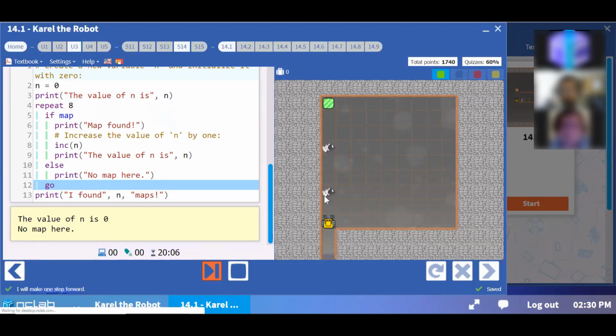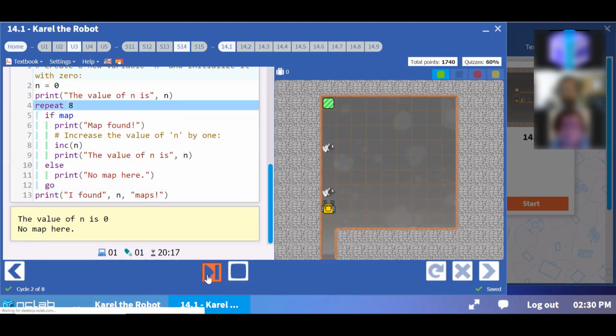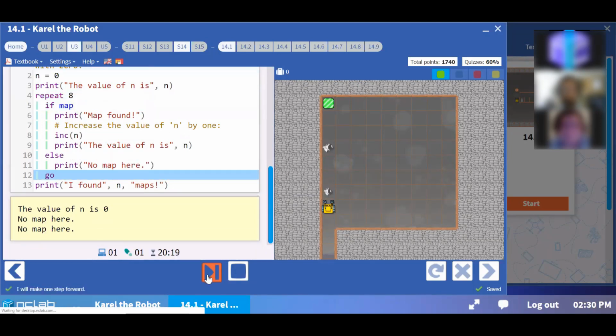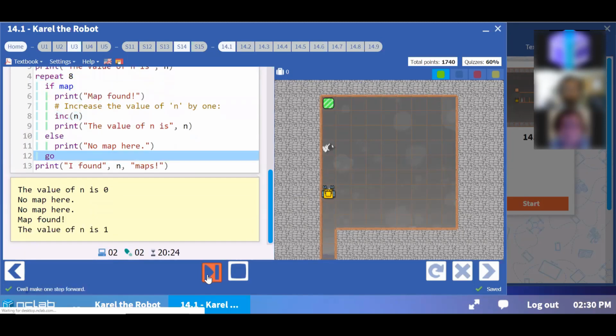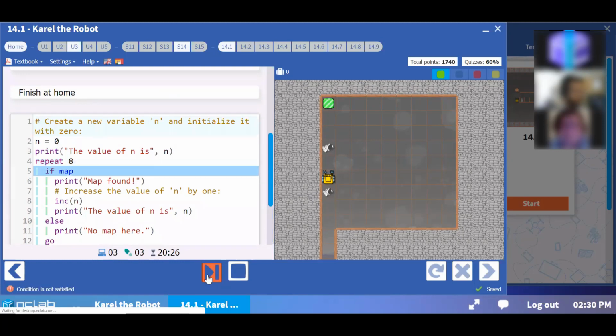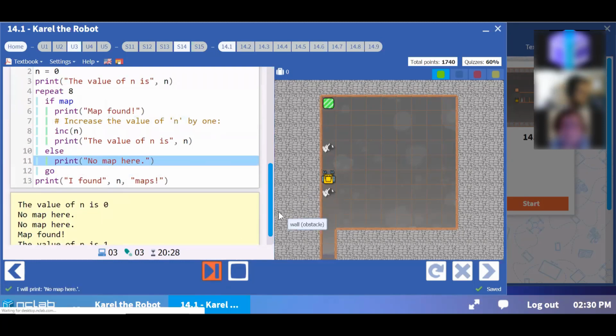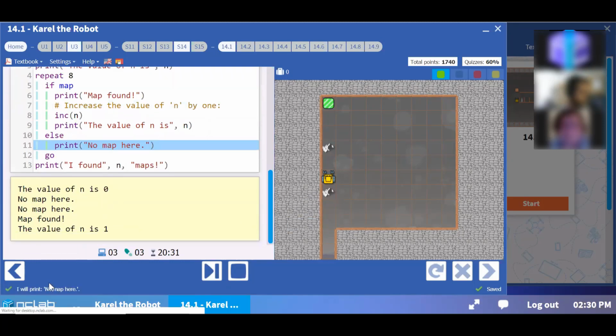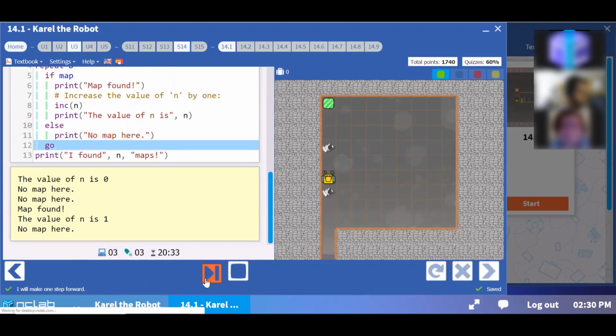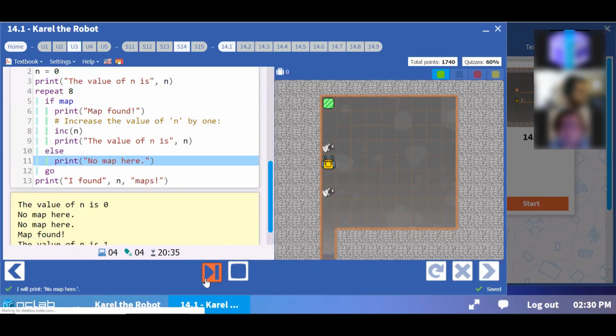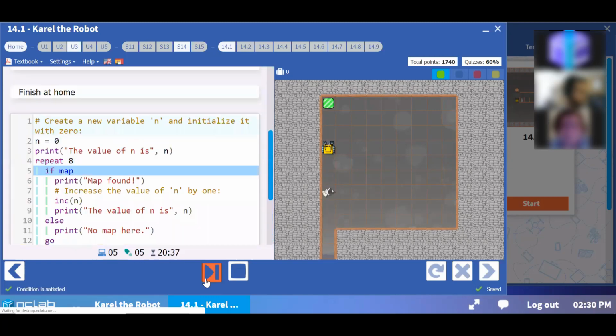So you're not only getting a count of the maps, this information could be stored in a list, and you could find out exactly where those maps are. I'm not doing that in this level, but we're getting into a little bit more real world type programming skills here. There's a map found, and then the value's been increased. And let's scroll down so you can see that. So these are all the print statements being generated down here. And no map, found a map,